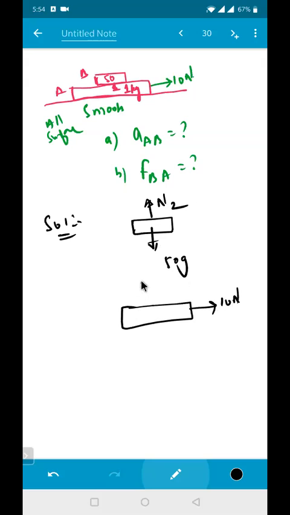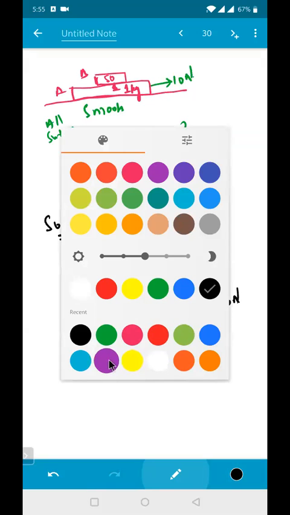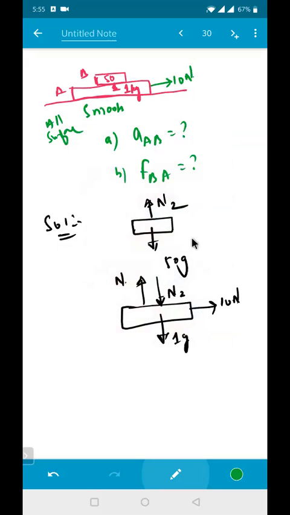10 Newton. And there is a normal because of the ground. That is nothing but N1. This is exerting the normal N2 in the opposite direction. That is nothing but N2. And weight of this one, 1g in the downward direction. So for the first block, if I'm writing the relation, N2 will be equal to 50 into 10. So that will be equal to 500 Newton. So N2 value I got is 500 Newton.